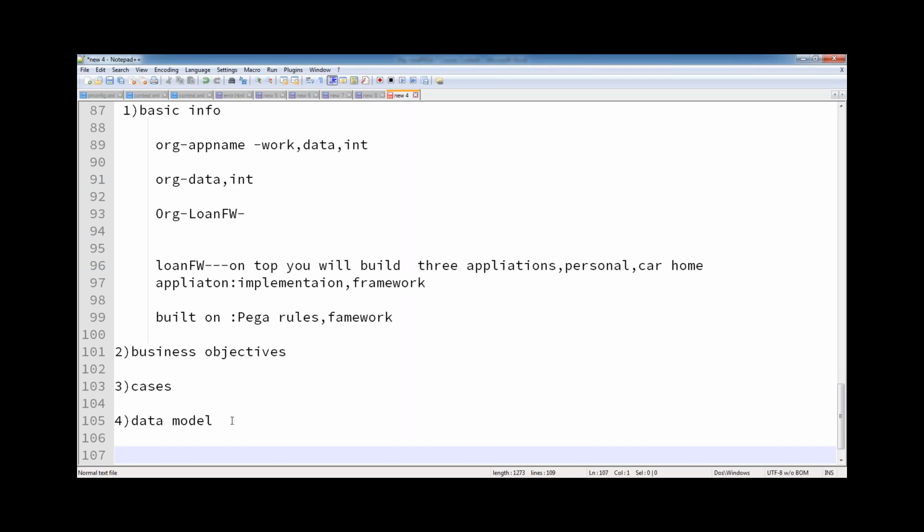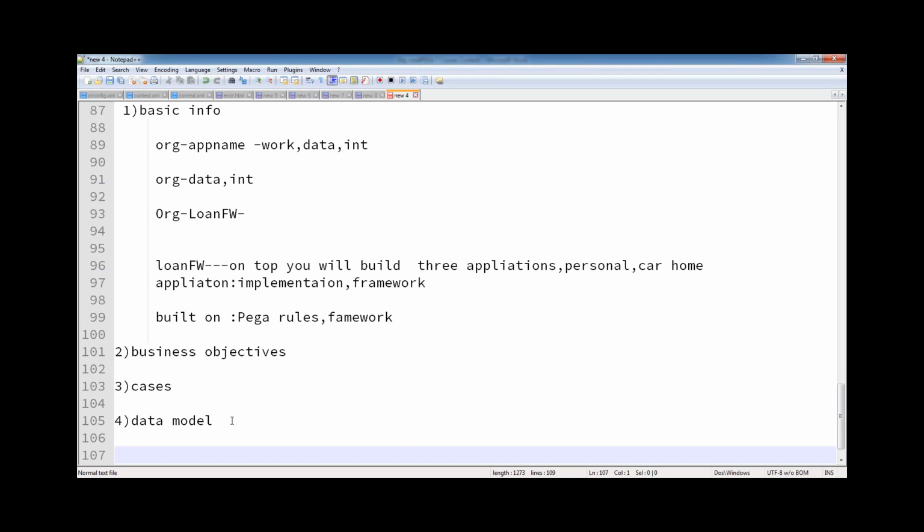Like if you're creating a loan application, you can create one data model like customer, and customer has some properties again. So in your application, what is your data model? Generally, this will be discussed with your project architect, and we will come up with it. It's not a single developer's task. Before creating an application, we do a lot of groundwork. We will be ready with all the necessary data models.